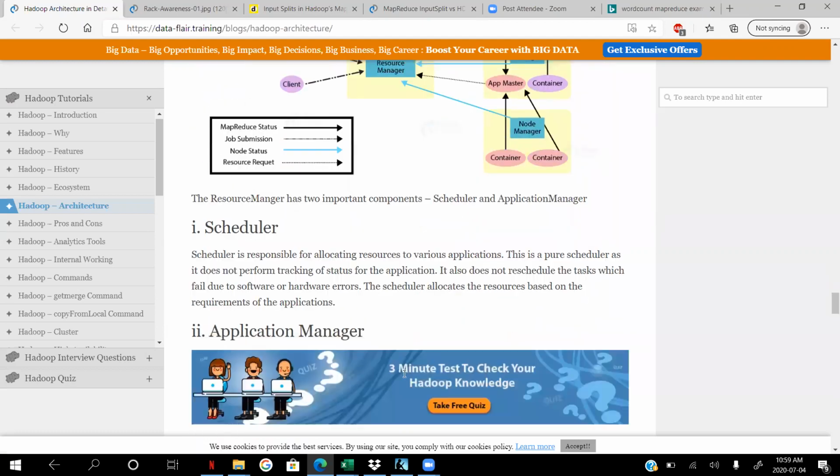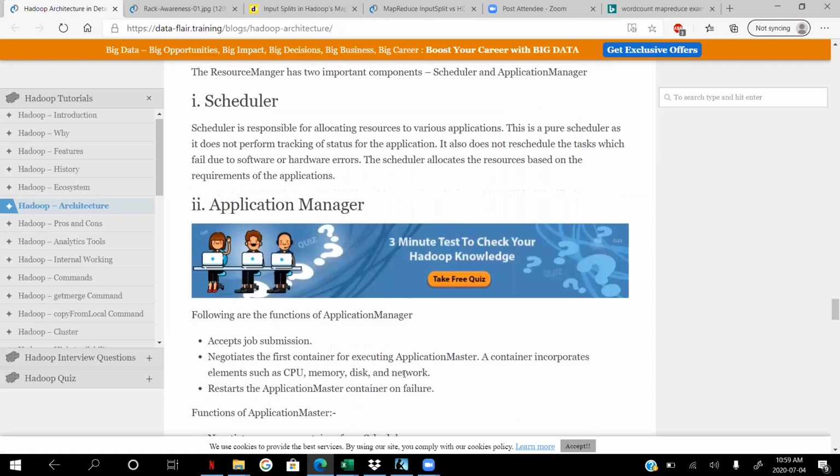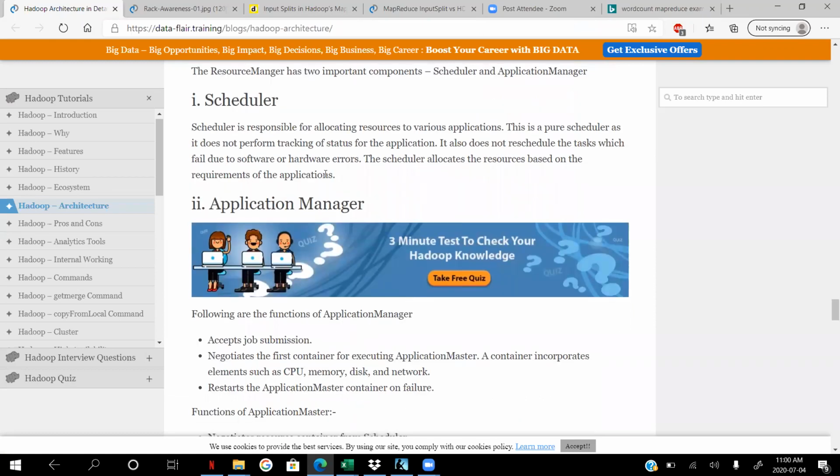And the resource manager has 2 pieces. One is the scheduler. You don't want to always run your jobs at a certain time. You can actually cron it, or you can schedule it. And if the entire cluster is full, then you are sitting in the queue. All that is managed by the schedulers